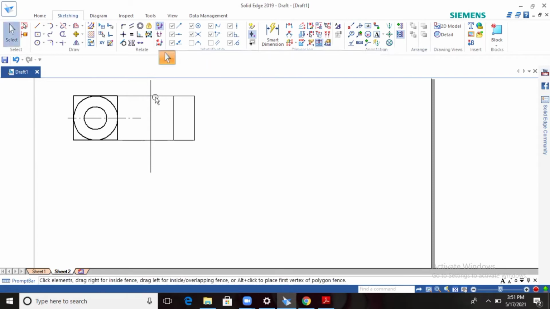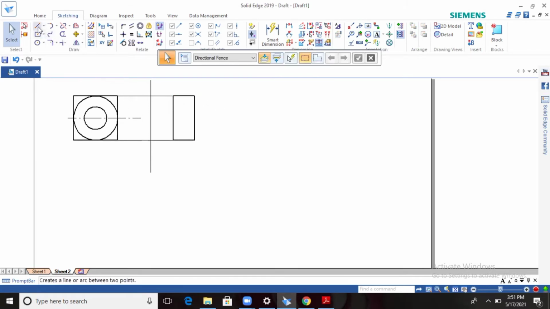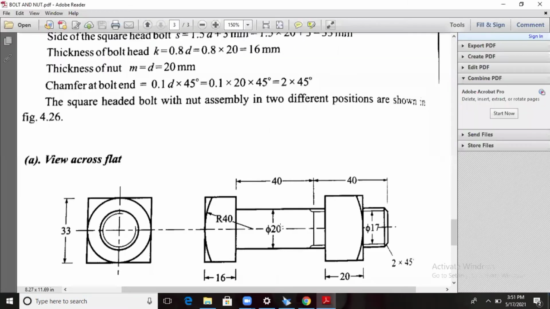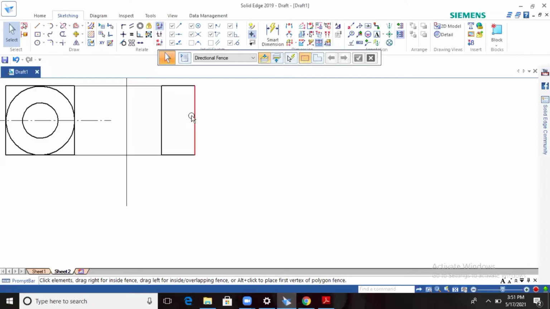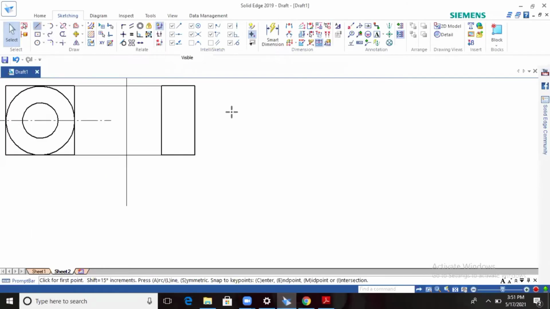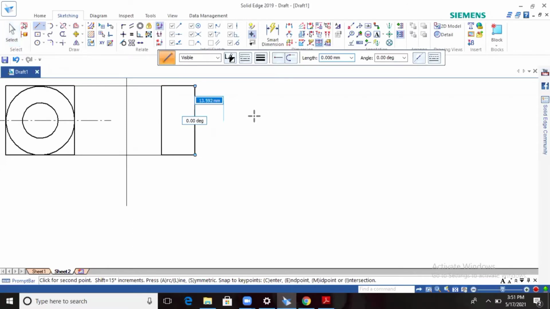Over. Use the shortcuts. 0.5. And go for the line length. What is the length here? Total length is given as 80, correct? So go for the length from the center, exactly from the center line, 80.